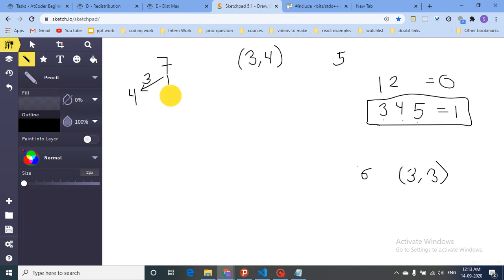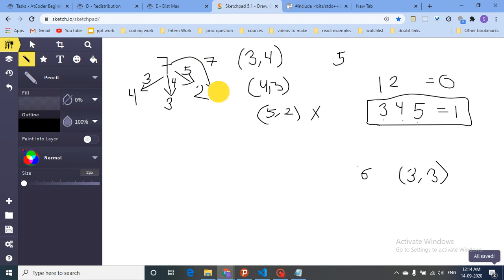Now I will subtract the next number, which is 4, from this. The remainder is 3, which can also form a valid sequence under this constraint, so the answer is 4 and 3 also. Now I will subtract 5 from this. If I subtract 5, it will remain 2, whose answer is 0, which means I cannot form a sequence like 5 and 2, and thus this is wrong. Then I can also take one number as 7, and it will come down to 0. When you come down to 0, it can also form a valid sequence, as only 7 can also occur.